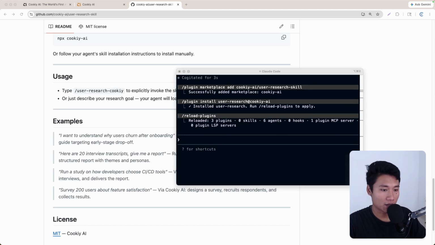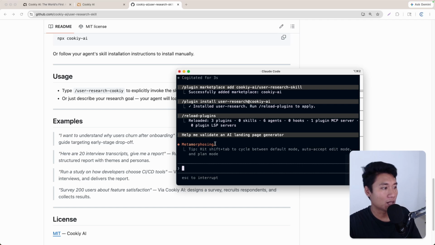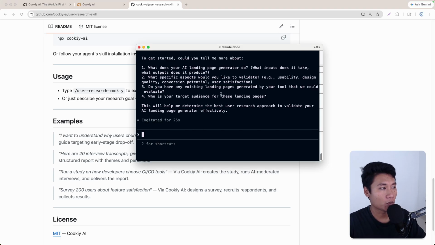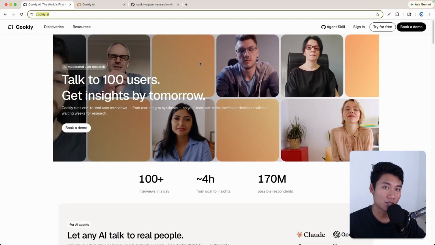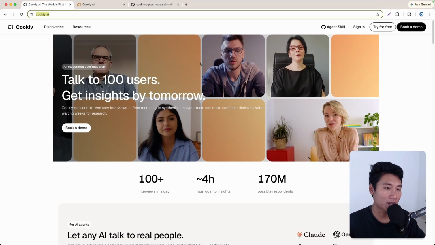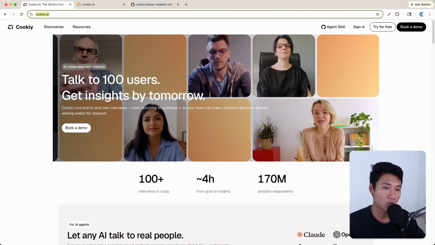So for example, I'm going to run this prompt in here. Help me validate an AI landing page generator. So that's the idea, and I'm just asking the AI to help me validate this idea. As you can see, I get questions from the AI, so of course I can answer and follow all the steps. Right now, you can build applications much more easily using AI, right? But the problem is finding something people genuinely want